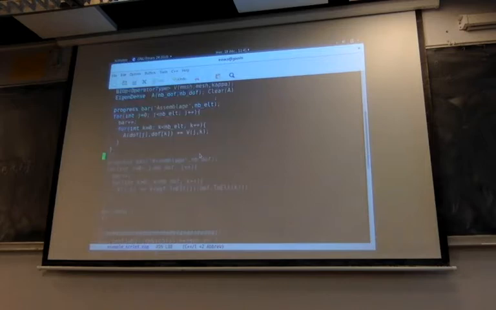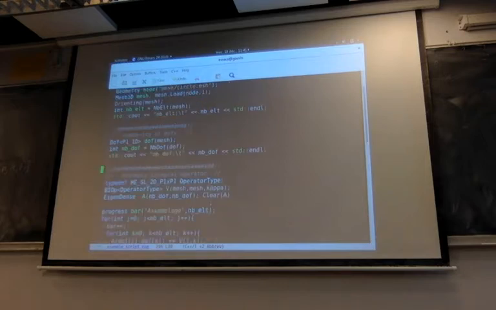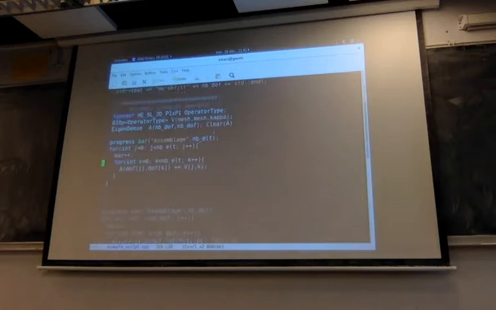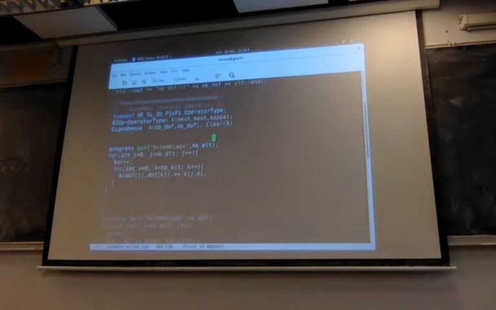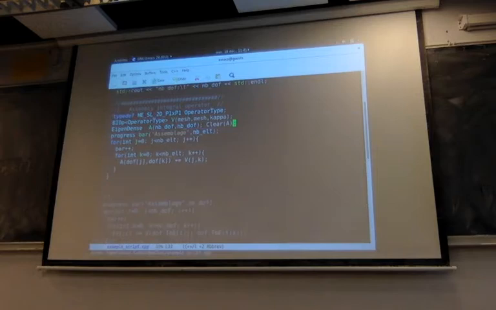Okay, so you can also do an assembly looping over the DOFs, and this is helpful for interfacing this kind of method with an acceleration technique.